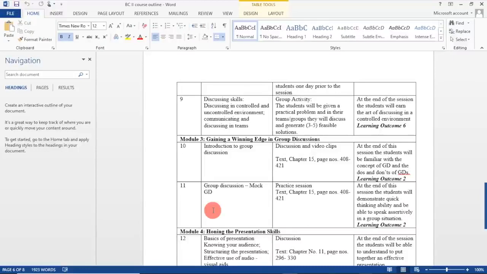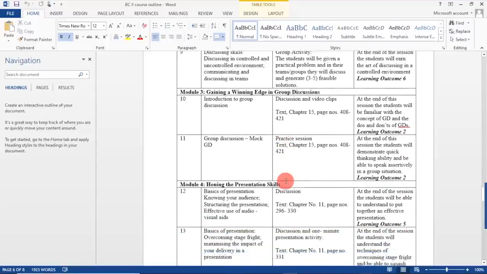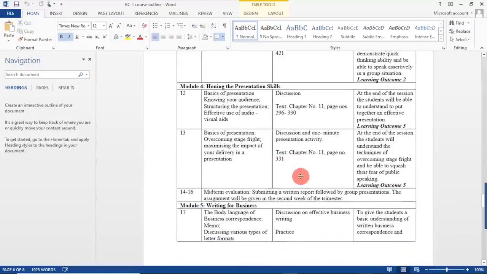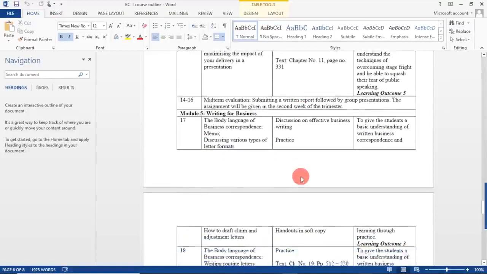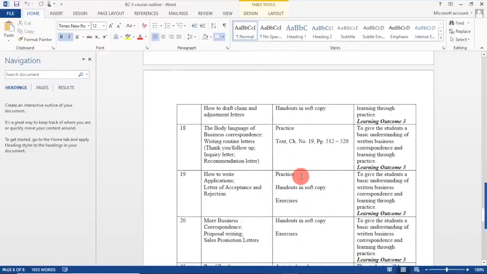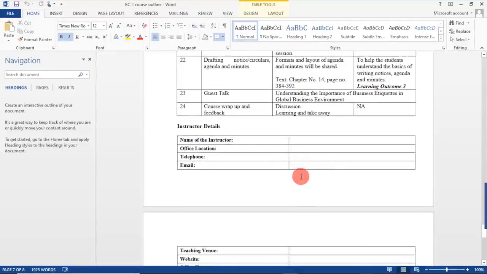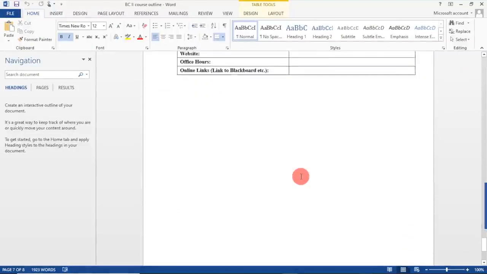Gone are those days when we entered the class unprepared. Now if we move unprepared, the student will not pay attention to us, and we are bound to face different types of discipline issues in the class. So the more organized you are as a teacher, you will find the more responsive students are in your class as far as teaching is concerned. So I will also share this document with you.